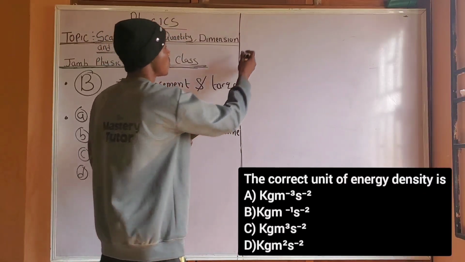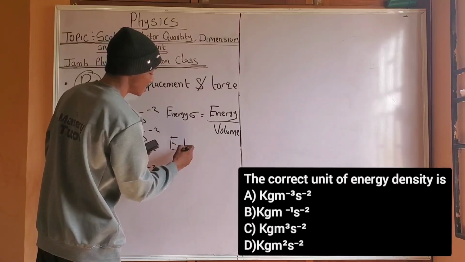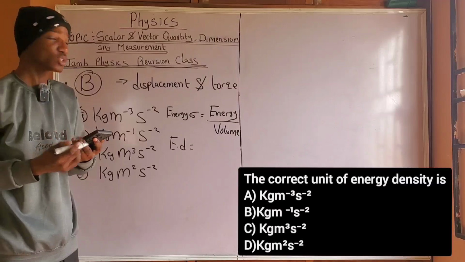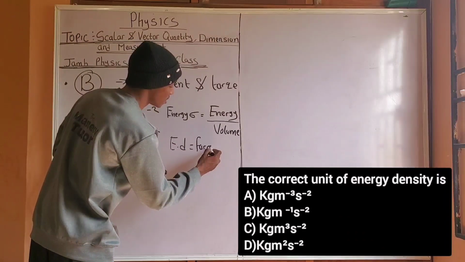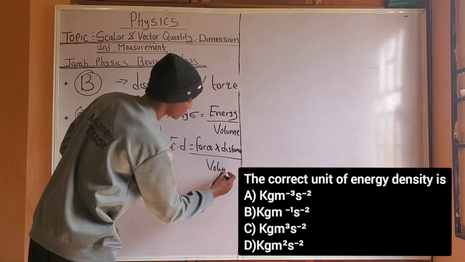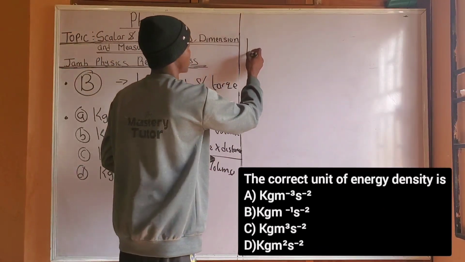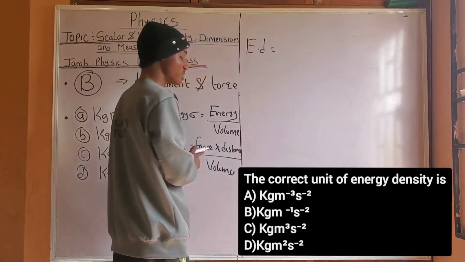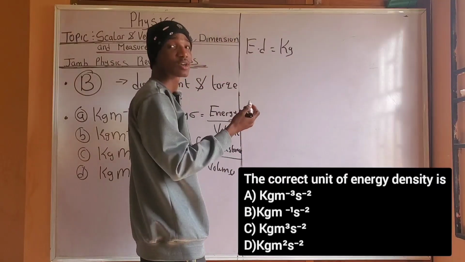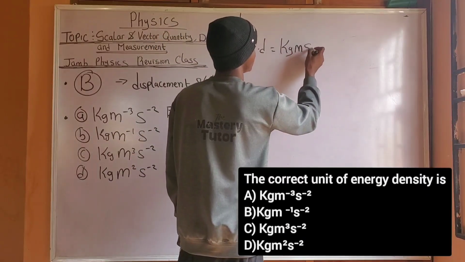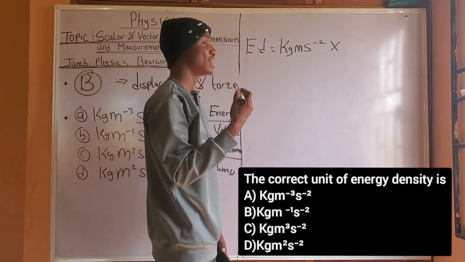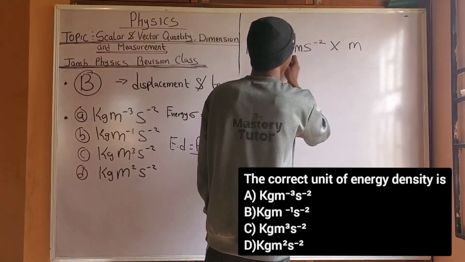Let me just put it. Energy density is equal to, now energy is what? Force times distance, right? So I'm going to have force multiplied by distance all over volume. Force is what? Mass times acceleration. So I'm going to have kilogram, which is for mass. Acceleration is what? Meter per second squared. So I'm going to have kg m s raised to the power of -2. That is for force. Now multiply by the distance. Distance is measured in meters, so I'm going to multiply by m, all over